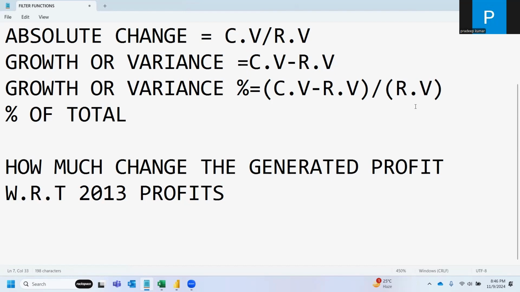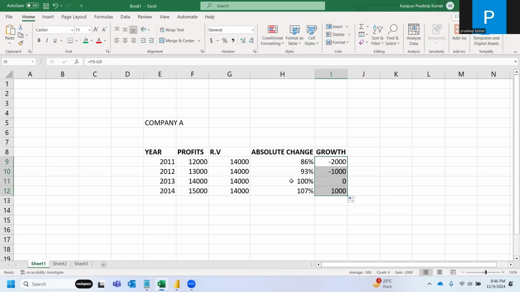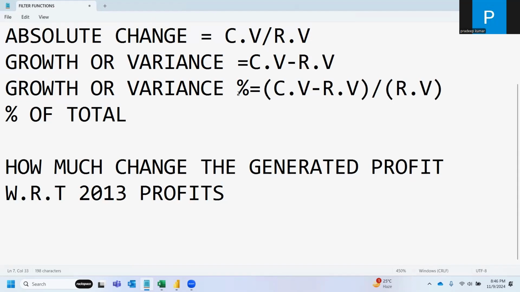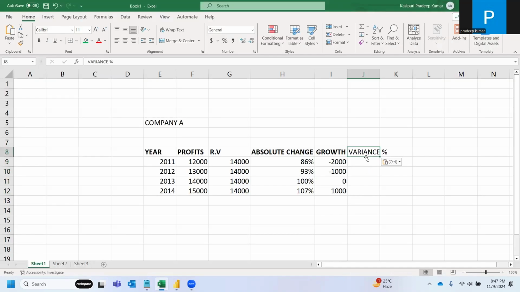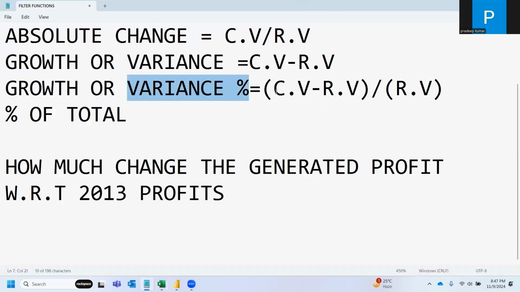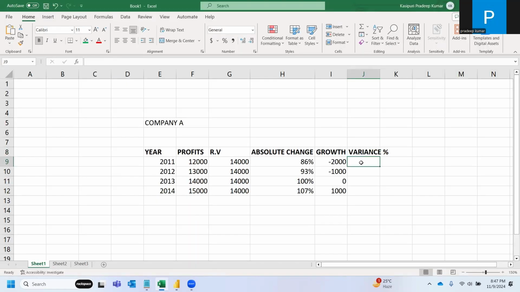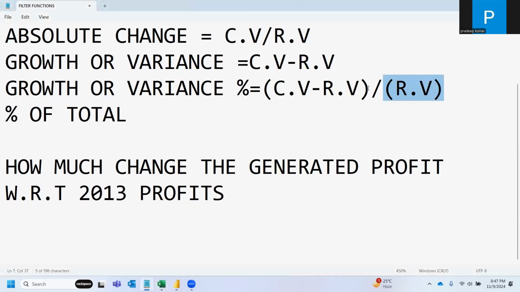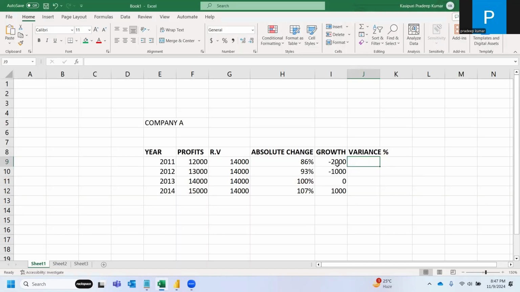Required value. To find out growth percent, various percentage growth, we have all of these already calculated here, and the required values also exist across each and every profit. So what I'm doing here: the numerator is current value minus required value. We are already calculating it, so I'm using this one, divided by